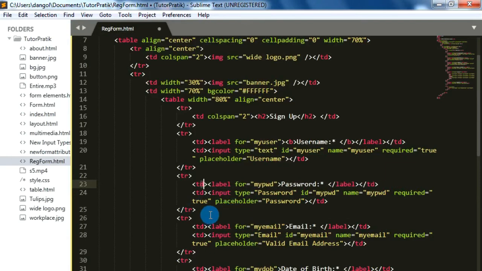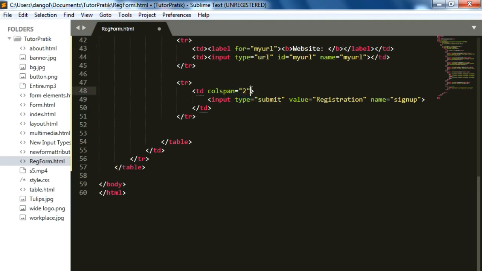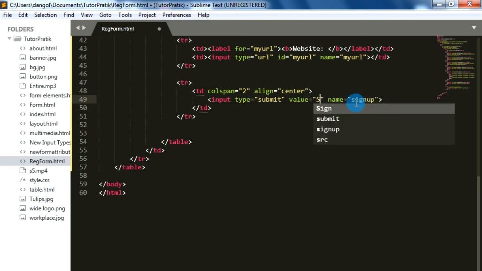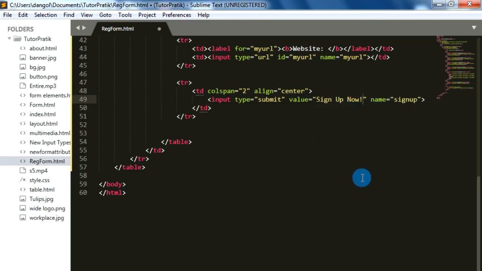For now, I am just going to add a B tag on each label, and on our submit button cell, I am just going to align it to the center by using the align attribute in that cell, center. And let's change this value to Sign Up Now. We just add a BR tag